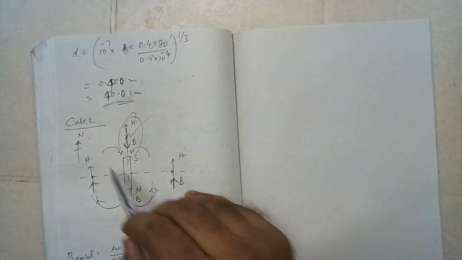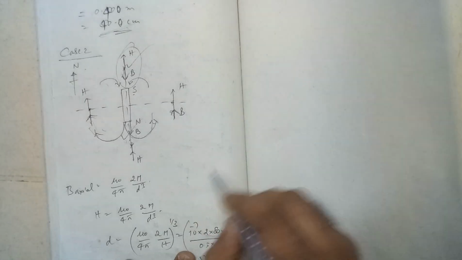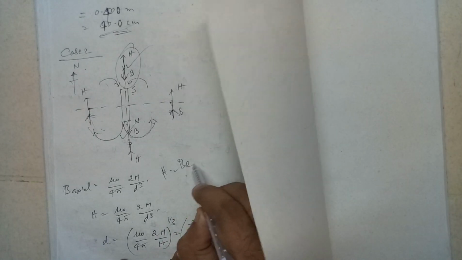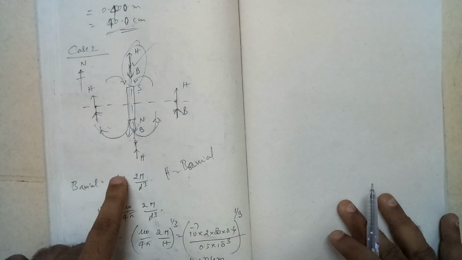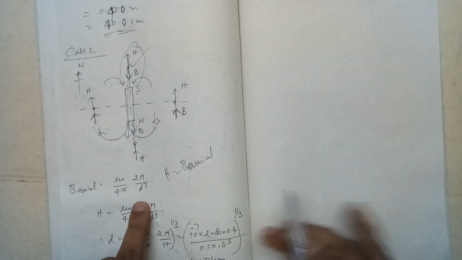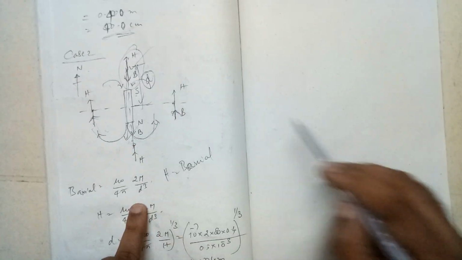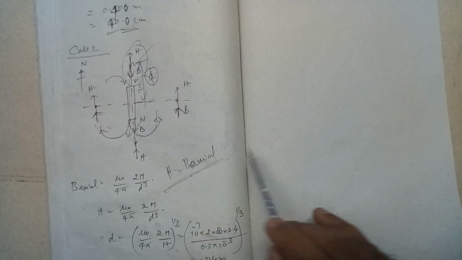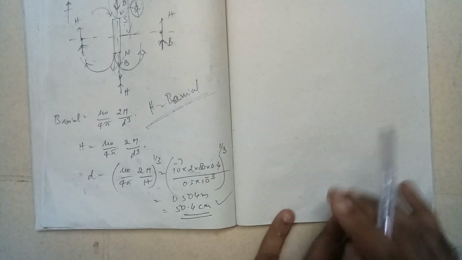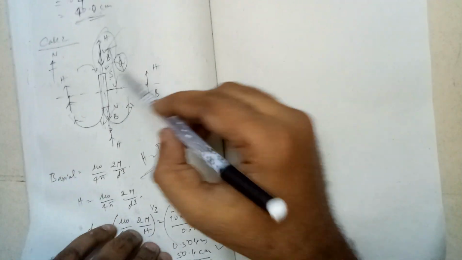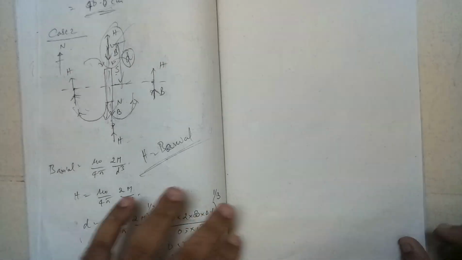We cannot take any general point as we discussed earlier. So here my H will be balanced by B axial. So this is the axial line. B axial is equal to mu0 by 4 pi into 2M by d cubed. d is the point where I am expecting to find my neutral points. So when you equate these two and calculate, you finally get d is equal to 50.4 centimeters. That means 50 centimeters above or below there is a neutral point. This is how you calculate this type of question.